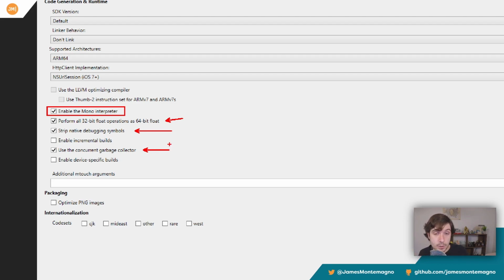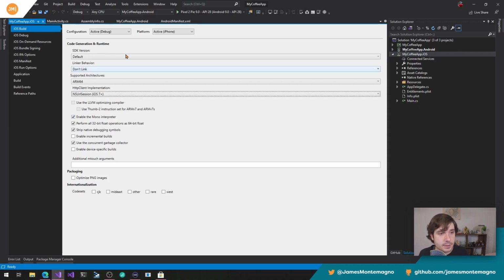If you are deploying to an iOS device, like you're plugging it in and doing full compiles on Visual Studio for Mac or connecting to your Mac, you can enable these ones, incremental build and device specific builds. So instead of compiling a specific ARM version, you can have it optimized and only do one by default. But ARM64 is a good one. That's the latest and greatest for supported architectures that almost everything has.